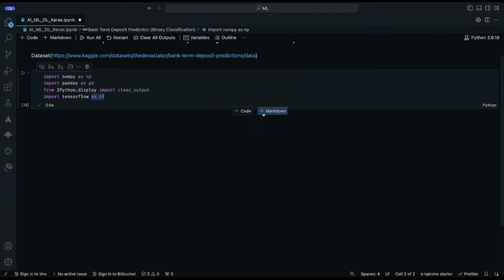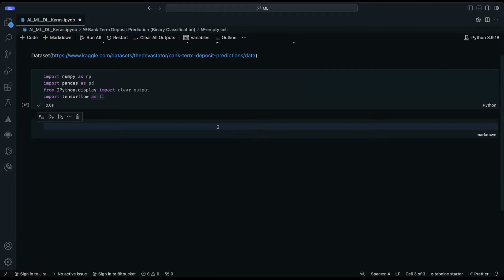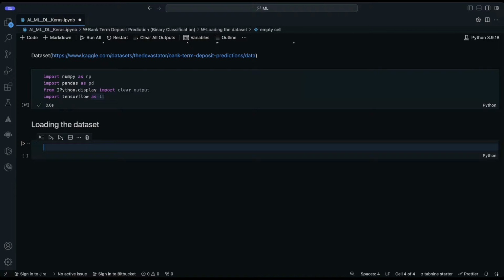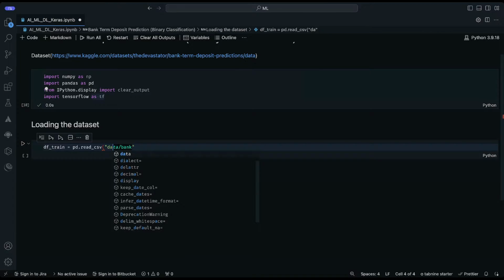Then the next thing that I need to do is load the dataset. So I can simply say loading the dataset. This is the dataset that I've downloaded that is in that folder. Let me go ahead. I'm going to be using pandas to load this data. So to load the data, I'm going to say I've got ds train data, which I'm going to use pandas.read_csv for, and then we need to pass the file path. In this case, my file path is data,